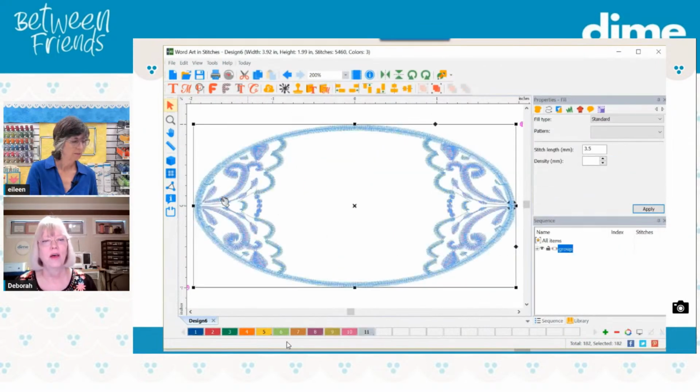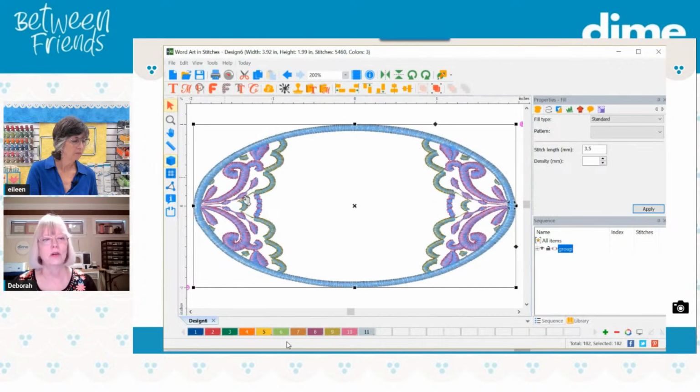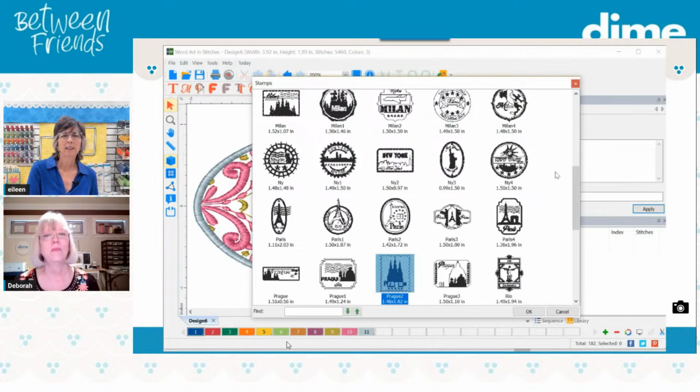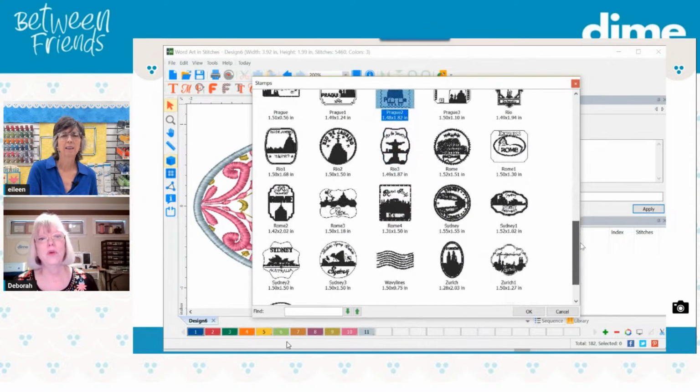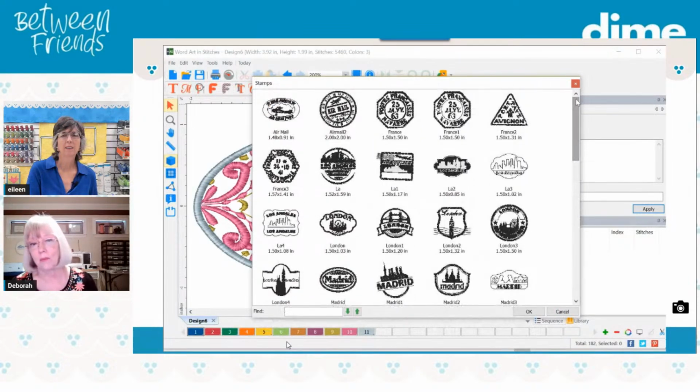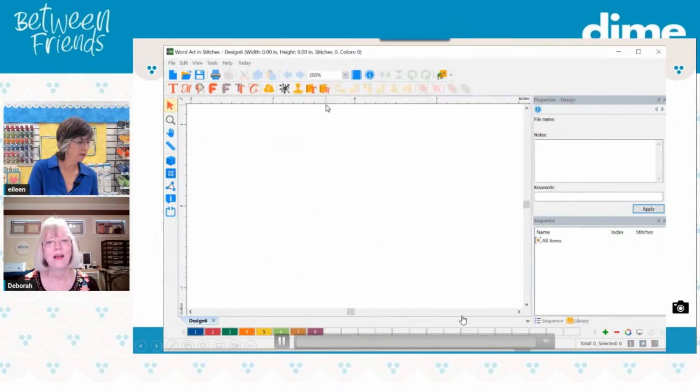You can choose this one, kind of an enclosed oval shape, with beautiful, nice, probably 4mm satin stitches, and you can add to this anything you want, lettering. These are stamps that are built in as well. That's a little library of kind of tourist destination type stamps. And I'm not sure where it goes from here. Yeah, I think that might be it. So, okay, let's